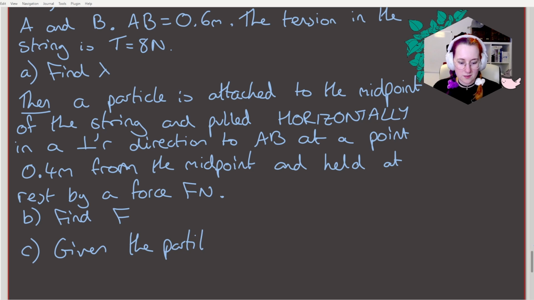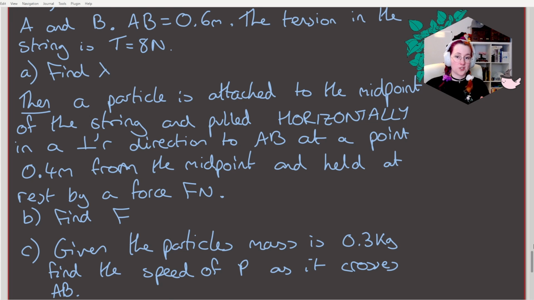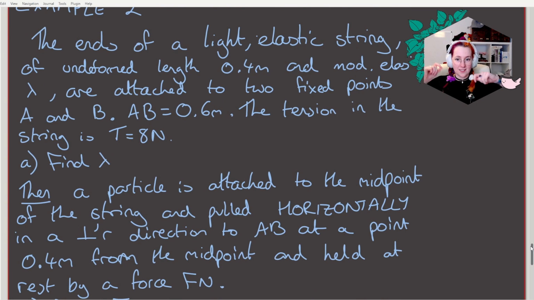Given the particle's mass is 0.3 kilograms, find the speed of P as it crosses AB. Okay, that's a hell of a question, but just to recap, you have the ends of a light elastic